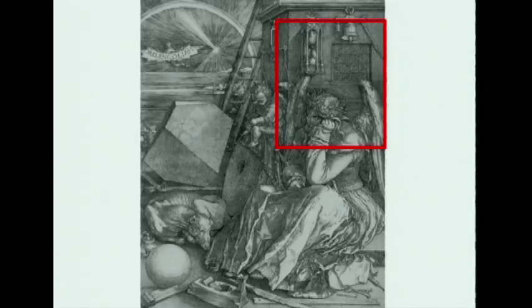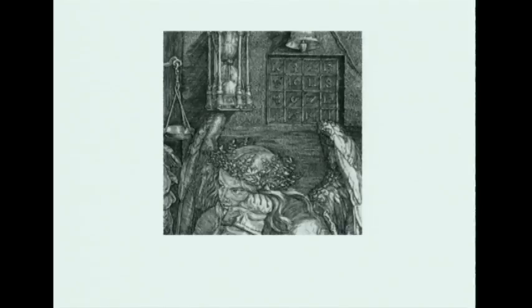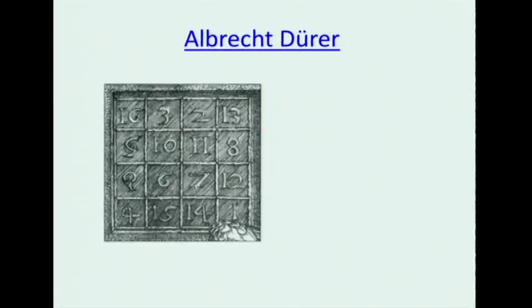If you notice up in this upper right-hand corner, you can kind of make out an outline of something. So I zoomed in on that. And you can see, of course, the top of the angel's wings, and there's a bell, an hourglass, and a scale, which have quite a bit to do with mathematics. What I'm most interested in on this engraving is what's on the side of the wall here. So I'm going to zoom in on that, and we can see this array of numbers.